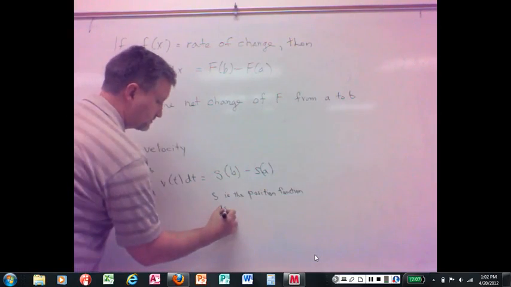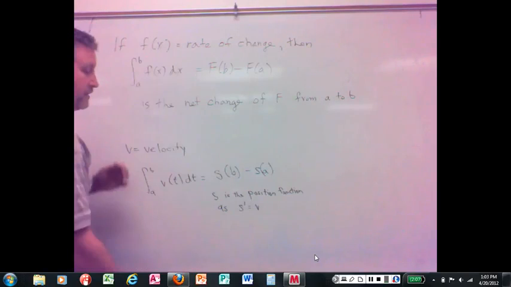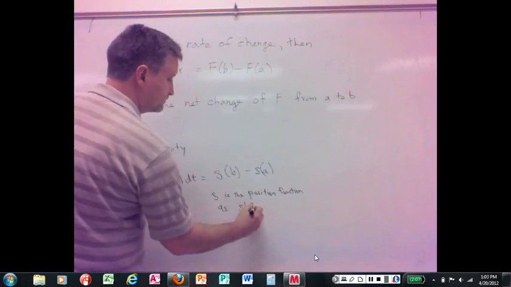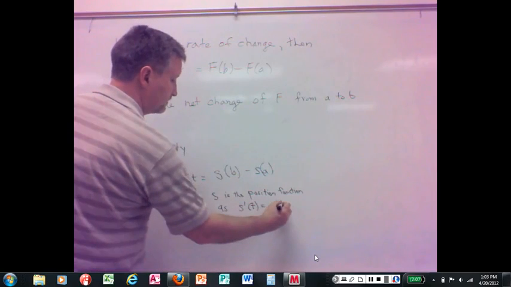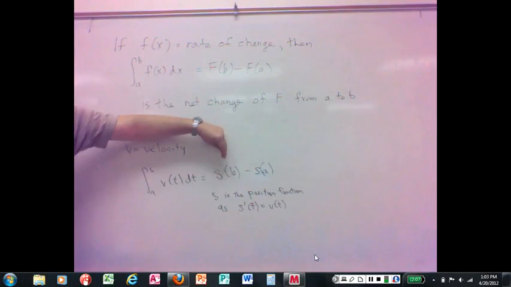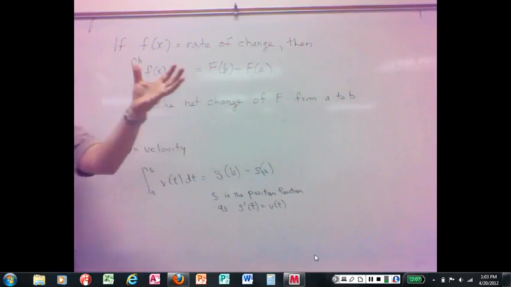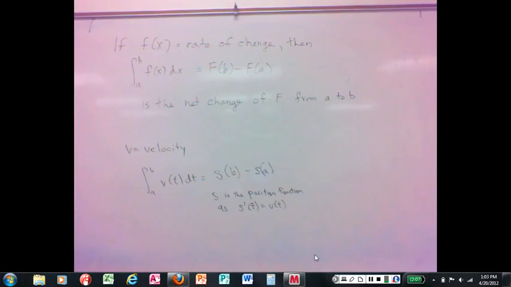And s prime of t equals v of t. What that gives me, if this is a position, is the position at time b minus the position at time a. If you subtract those two, that gives you the displacement, the net change in your position